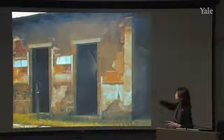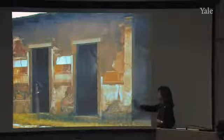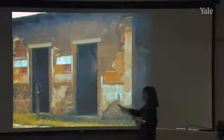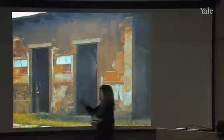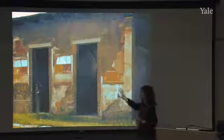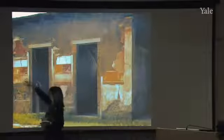We are looking, here's the tablinum wall that we just looked at. We are now in the atrium of the house, or what survives of the atrium of the house. We are looking at two of the cubicula that open off the atrium. And if you look at the walls, you can see, again, the same effect, that the rubble wall has been covered with stucco, that the stucco has been built up in relief,